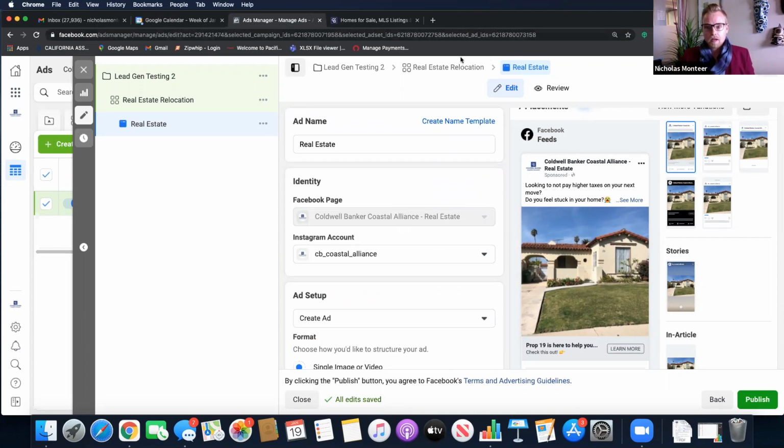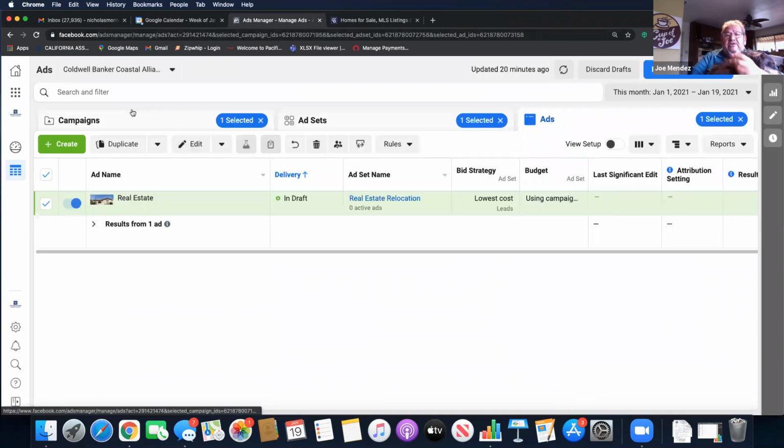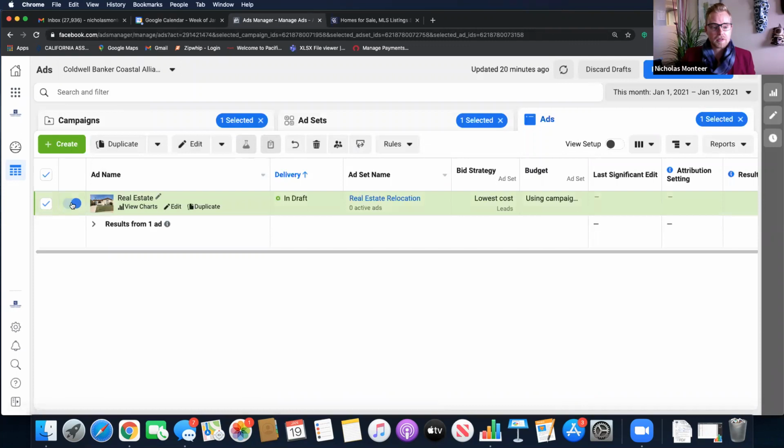Okay. I think I have a question in the chat. What happens if you don't like the ad or it's not operating well? How do you stop it? You literally go to this little tab here and you just click it off. That's it. It's just a tab, click off. As soon as it turns gray, your ad is not going anywhere.